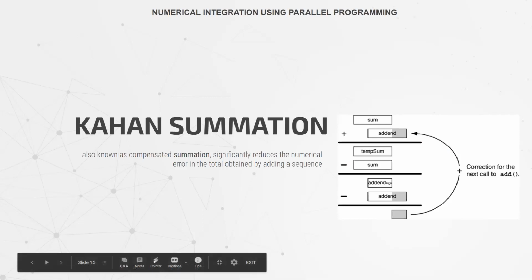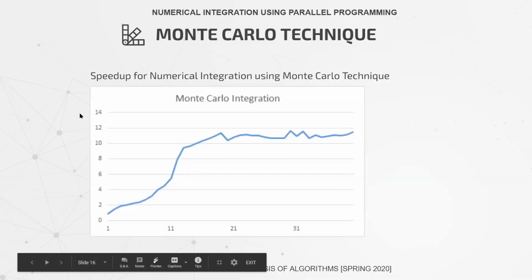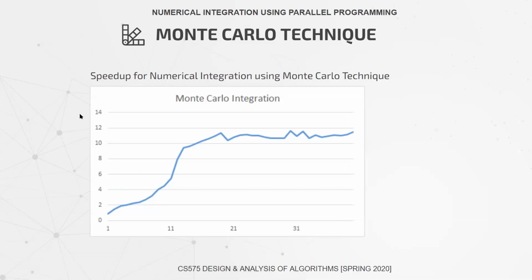Over to you, Harsh. Okay, thank you. As we can see, for the speed up of Monte Carlo integration, as we increase the number of threads, the speed of the calculation increases. The curve of the speed flattens out around 15 threads, because this integration we tested on an 8-core computer. So basically the number of hardware threads we have is the actual parallelism we get. And after that, we only get a software parallelism, in which the time is shared between the threads. So that's why the speed doesn't increase as we expected.